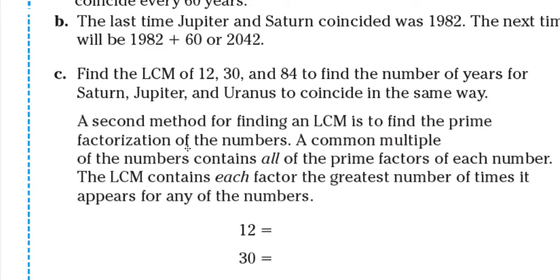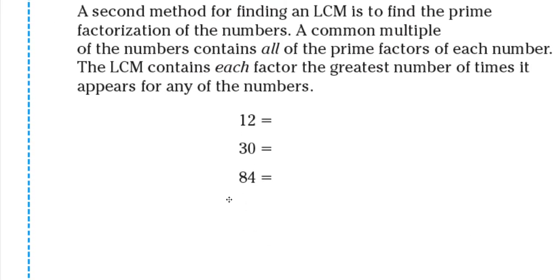Again, this is the same as finding the greatest common factor. So a common multiple of numbers contains all the prime factors of each number. So the LCM contains each factor the greatest number of times it appears for any of the numbers. Okay? So, what do those sentences mean? Let's find out. The prime factorization of 12 is,